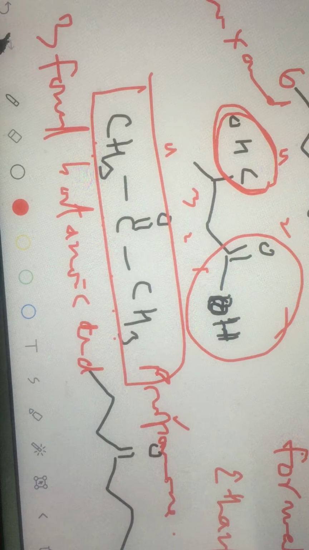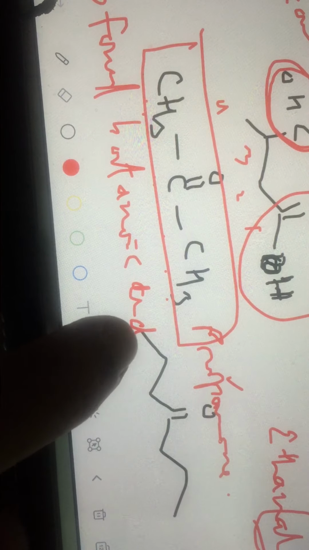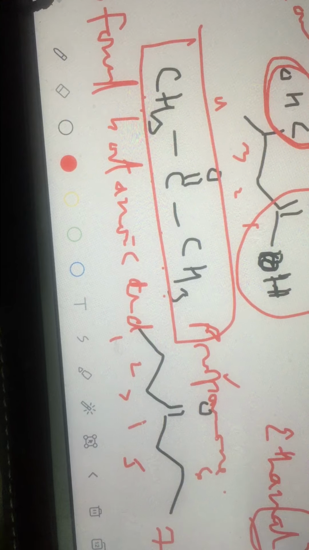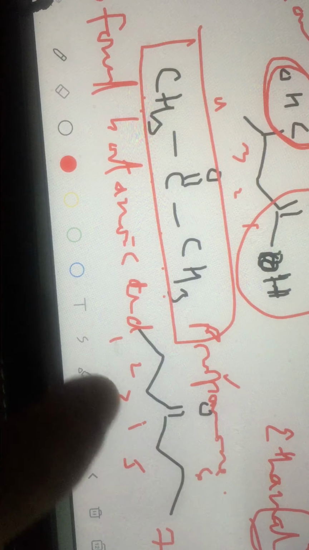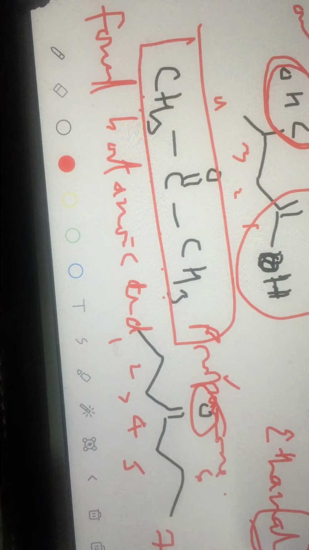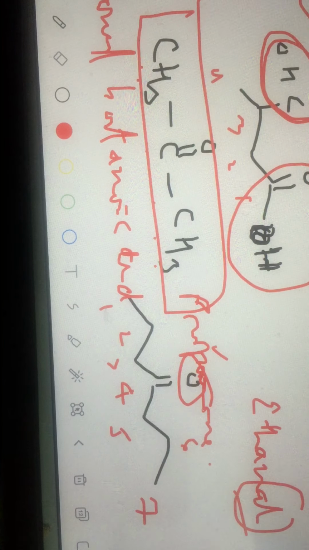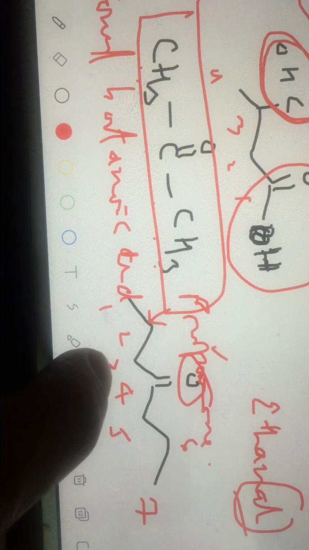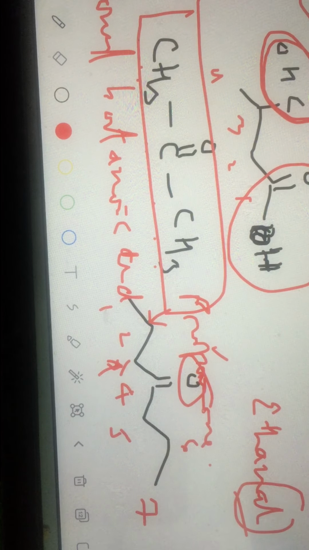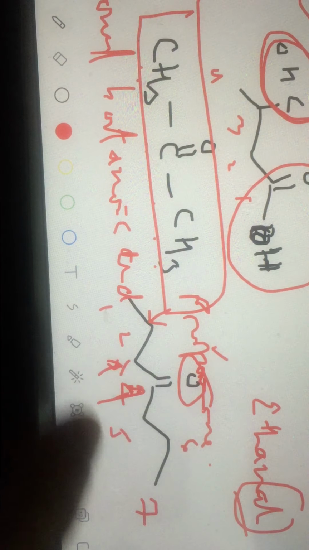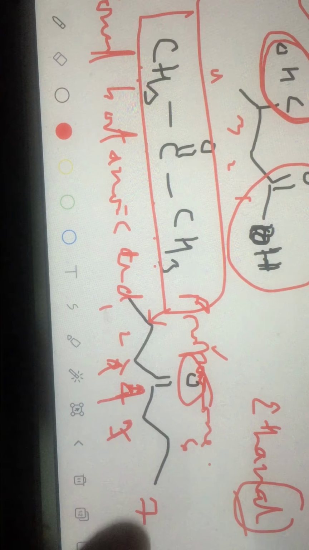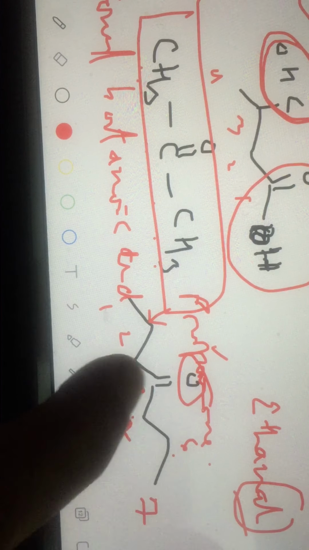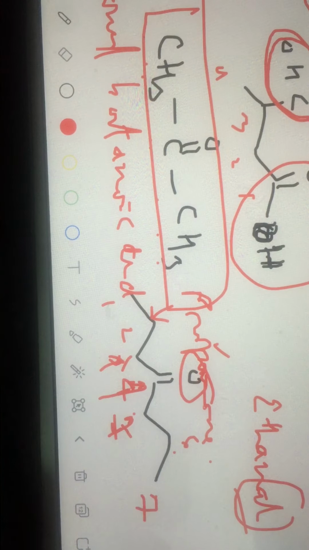Propanone means ketone. Look at this compound. It has 1, 2, 3, 4, 5, 6, 7 carbons. So it is heptanone. On the fourth position there is C double bond O. So it is called 4-heptanone. Suppose if C double bond O is here, it could have been 2-heptanone. If it is here, it could have been 3-heptanone. If it is here, it is called 4-heptanone. Suppose if C double bond O is here, I will count from this side, it will become again 3-heptanone. So depending on the position of C double bond O, I should say.